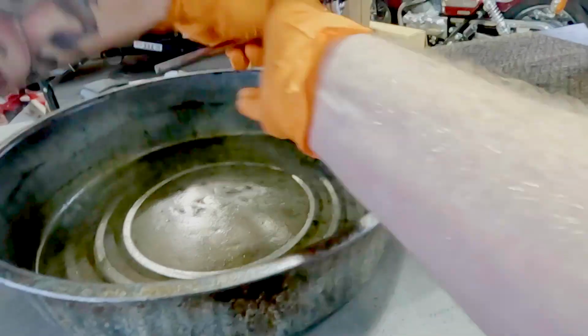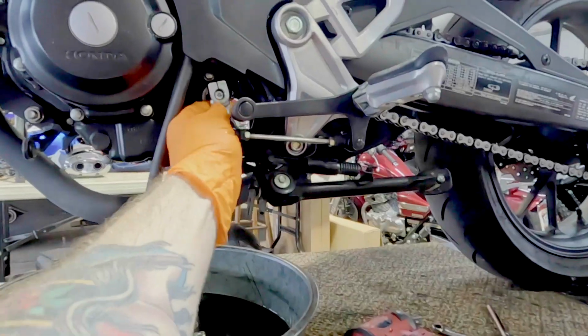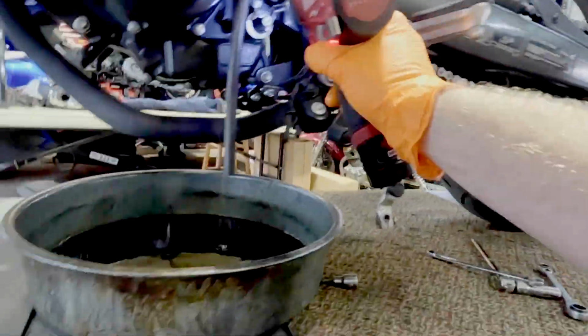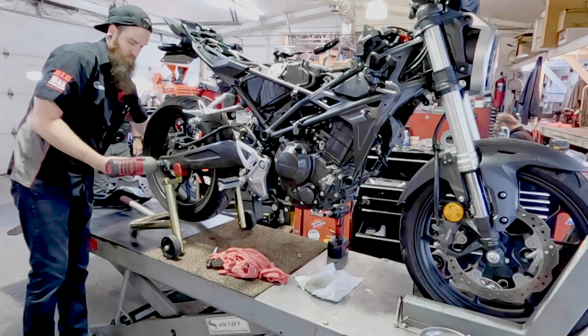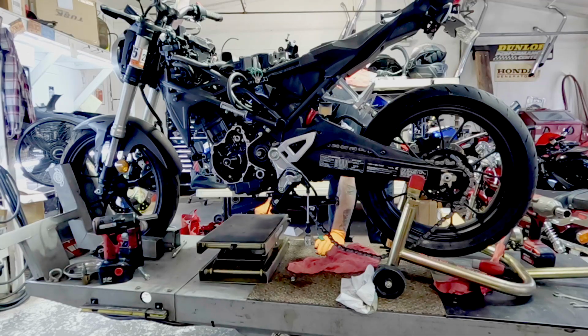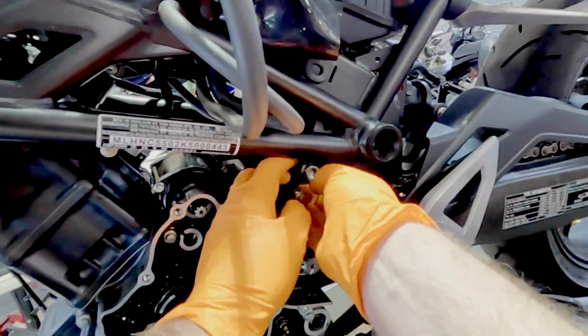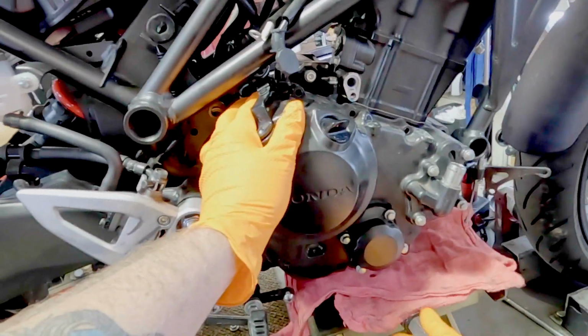Tearing motors down, they're pretty much all the same, to be honest. It may seem like it's a huge deal, and this is just a single cylinder motor, but once you do a couple of them, you realize that there's just about maybe 10 or 15 things that all have to come apart. Didn't show them a lot here, like the exhaust has to come off, the chain has to come off the front sprocket, you gotta undo the shifter, undo the airbox, undo the throttle body or the intake,